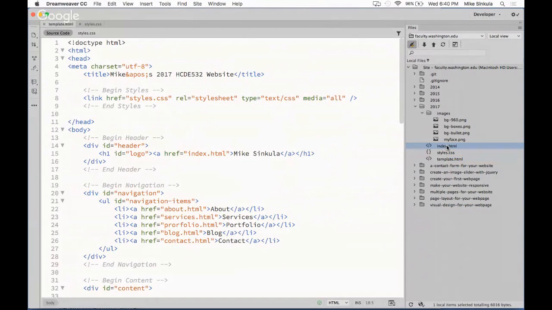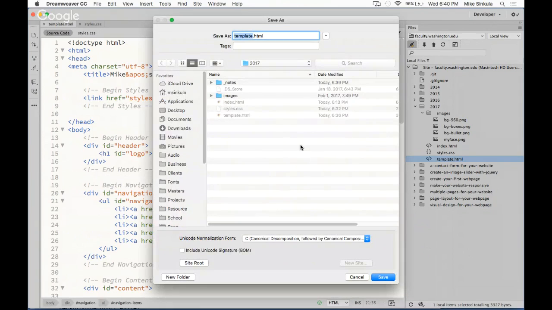I am going to leave my index.html file there for now. But now that I have template.html, I can start making all my other files. So let's just go through and start making them. So I can save this now as